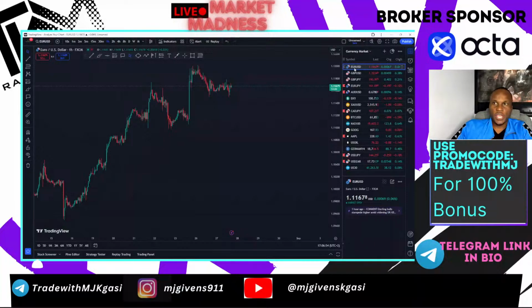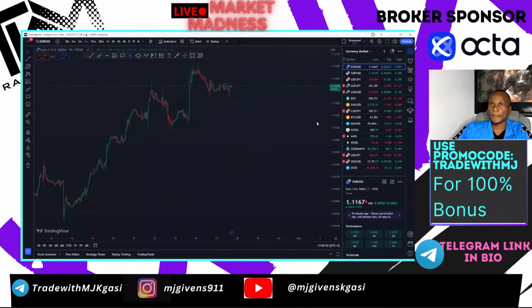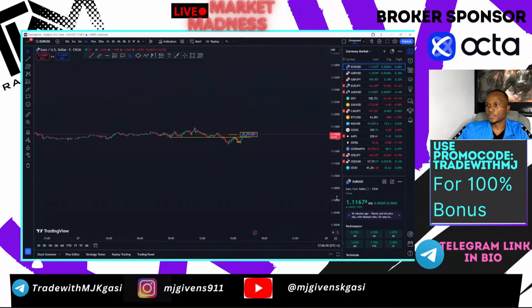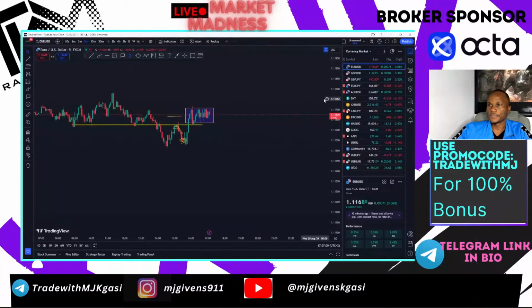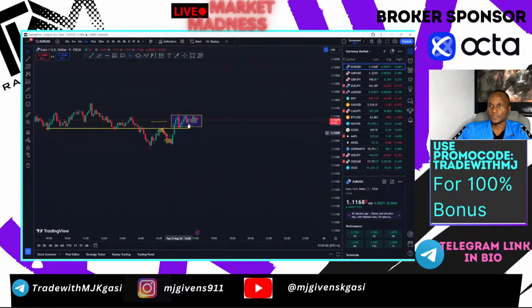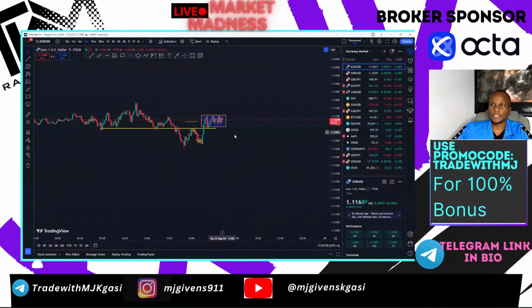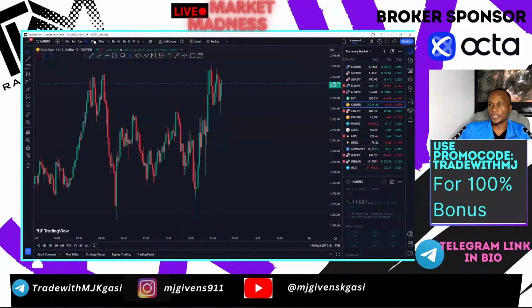Okay, back to the charts. Still consolidating on the euro dollar. There's nothing there. If you put your fixed range, it should be in the middle. There it is, showing you that this is consolidation. So the market is not really moving. Let's see what is happening